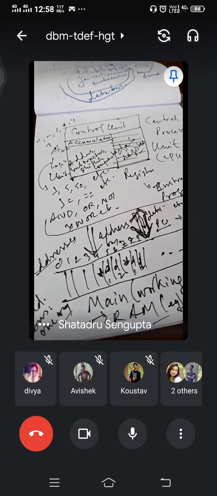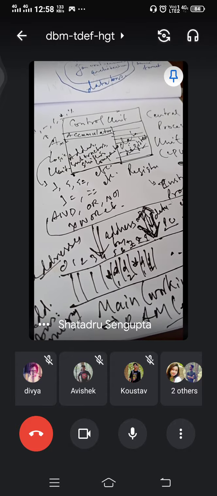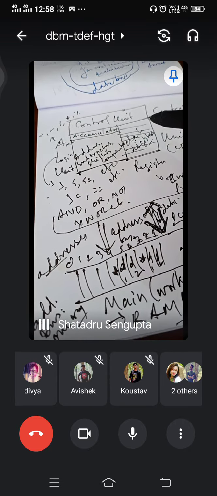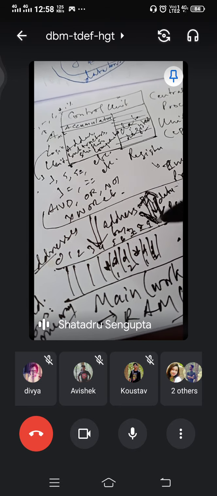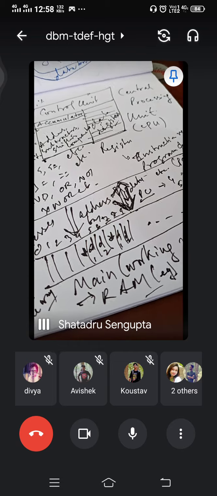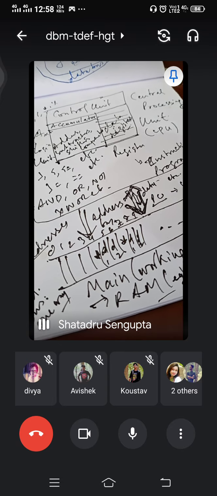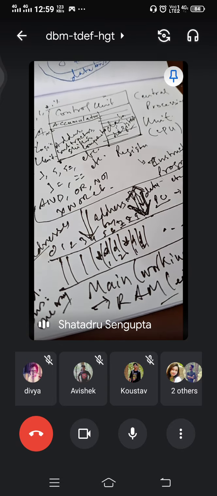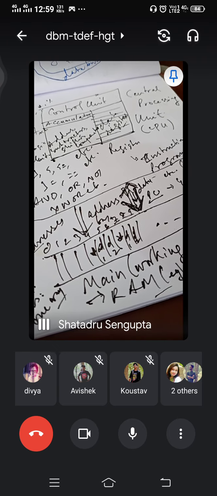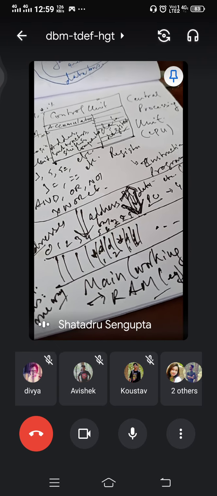This apart, what all can be there? Several other control lines can flow out from the CPU to the memory and to the other places. See, there's not just this memory. There are different types of things. For example, there is a concept called DMA, direct memory access. So you need a controller for that. That is the peripheral device. You need an interrupt controller where there are interrupts from different